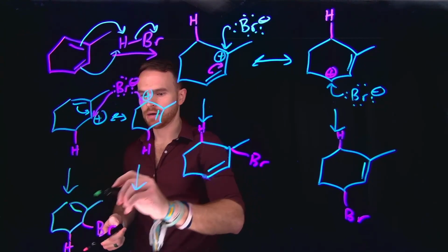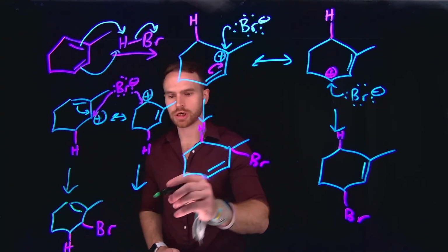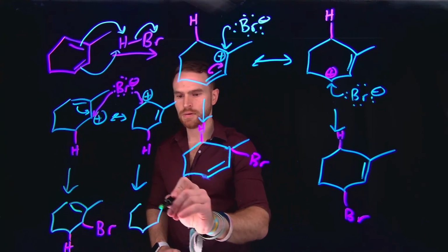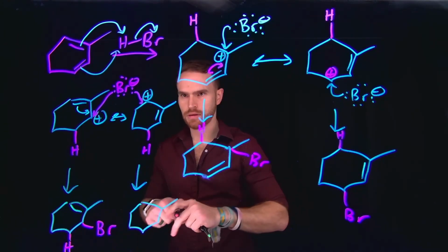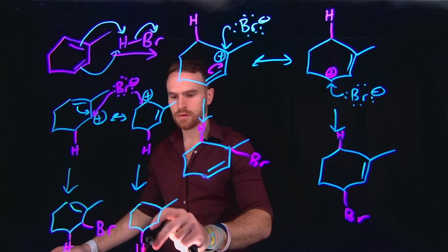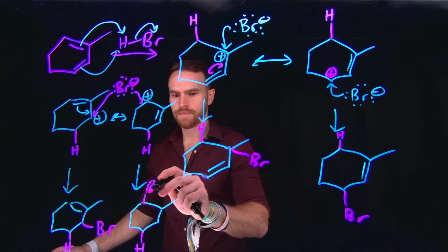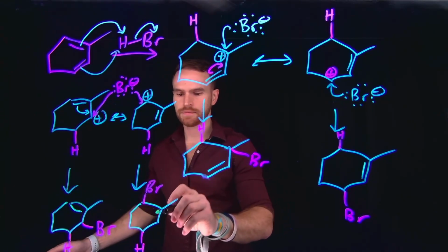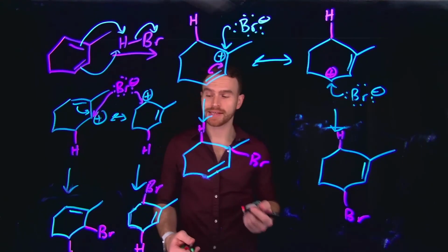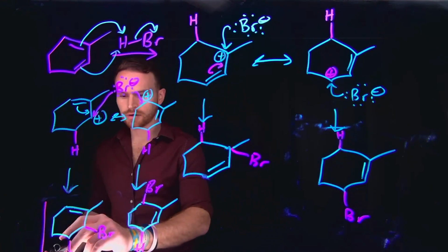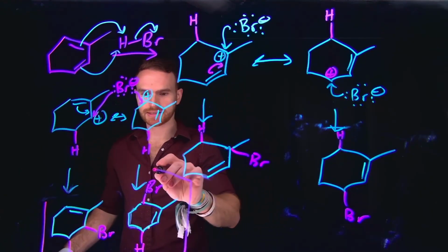We can't forget our pi electrons here. Or we would generate a product that looks like this. What I want you to notice is that these 2 products are actually the exact same,